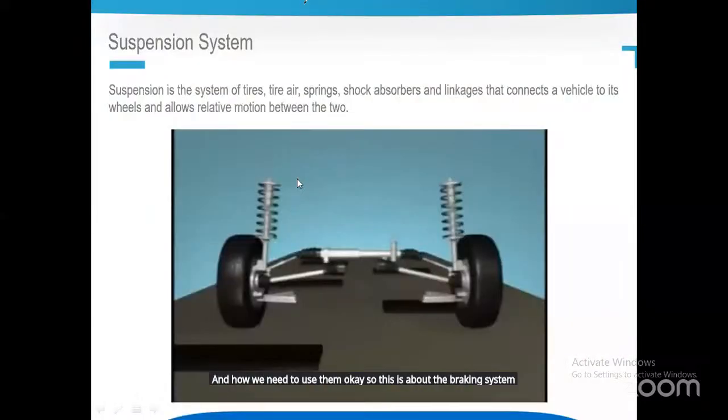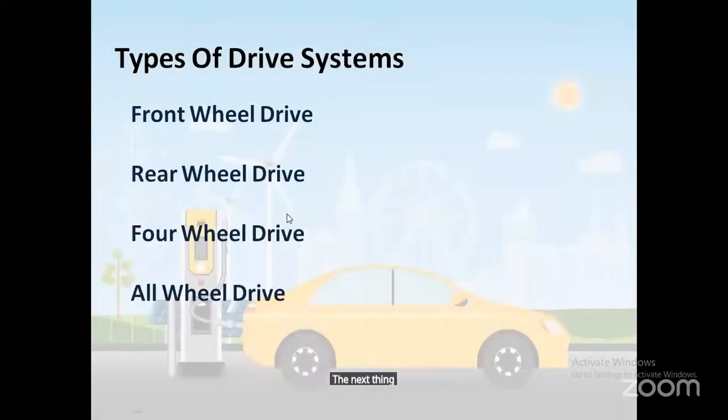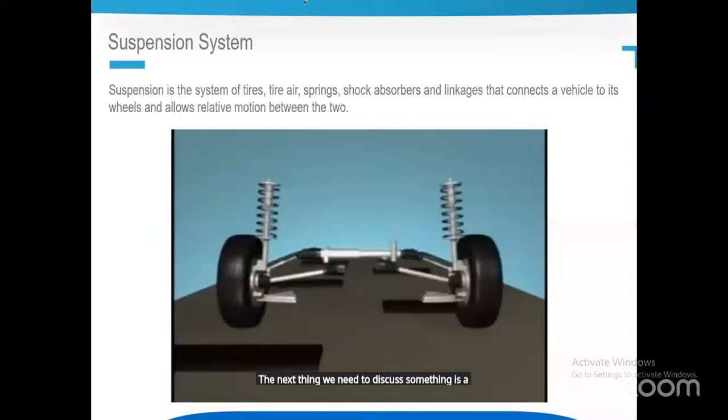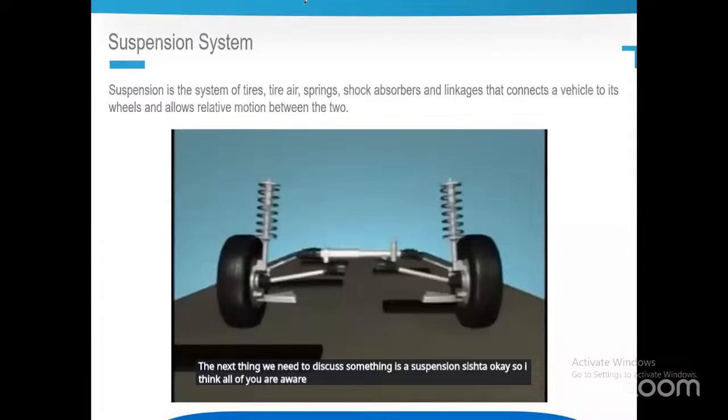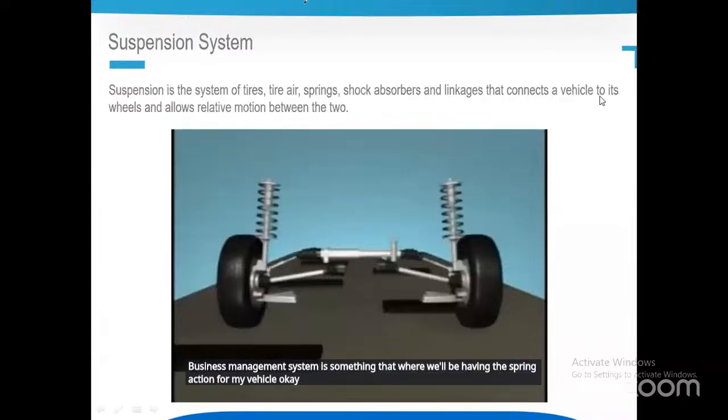The next thing we need to discuss is our suspension system. I think all of you are aware of the suspension system. The suspension system is where we have the spring action for my vehicle, the spring and shock absorption action for my vehicle. So whenever the vehicle is going in abnormal conditions,